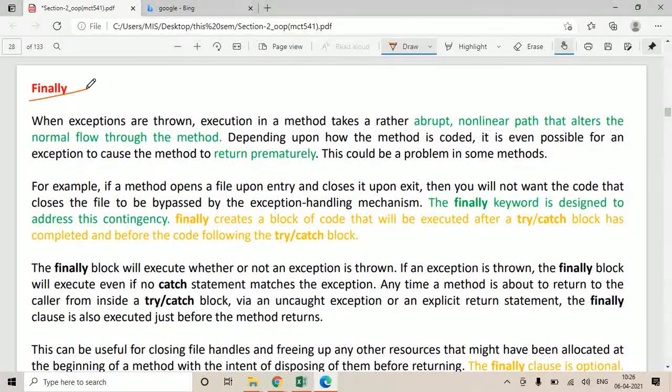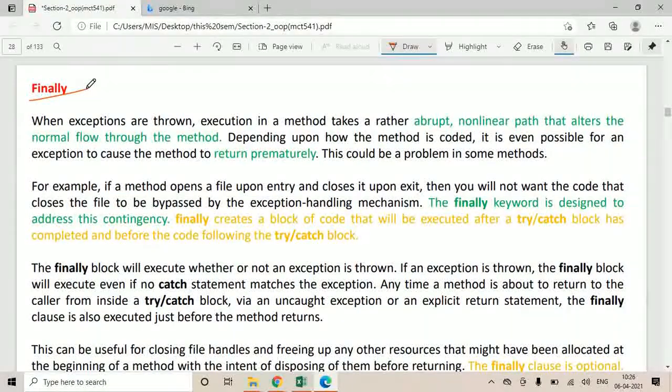So in a nutshell, you can consider writing a piece of code in the finally block which you want should always get executed, irrespective of whether your program runs normally, whether your program has an exception, whether your program gets terminated abruptly.